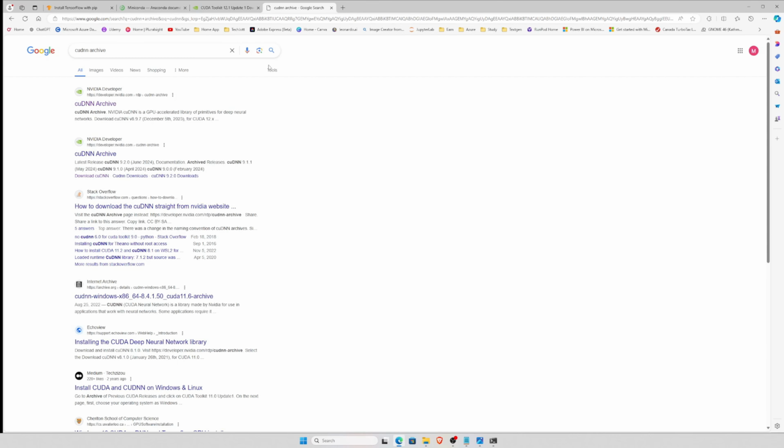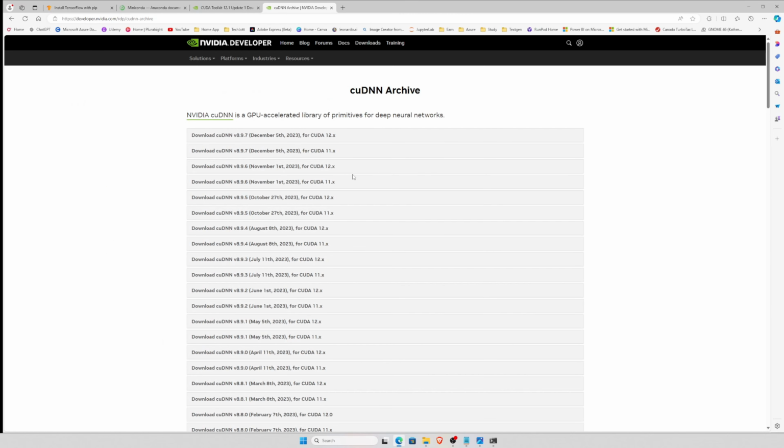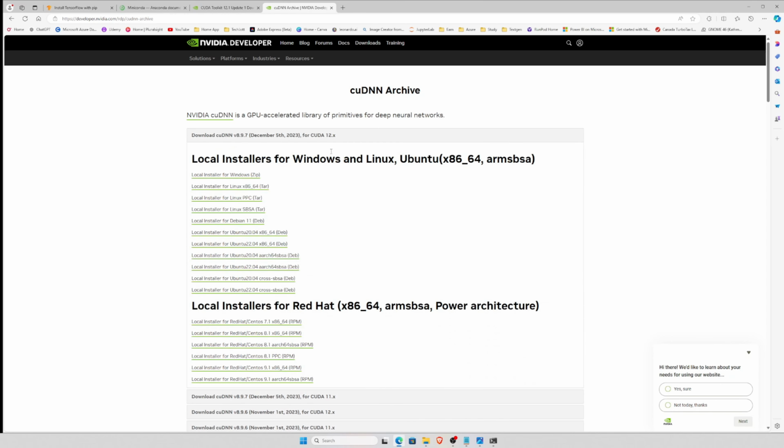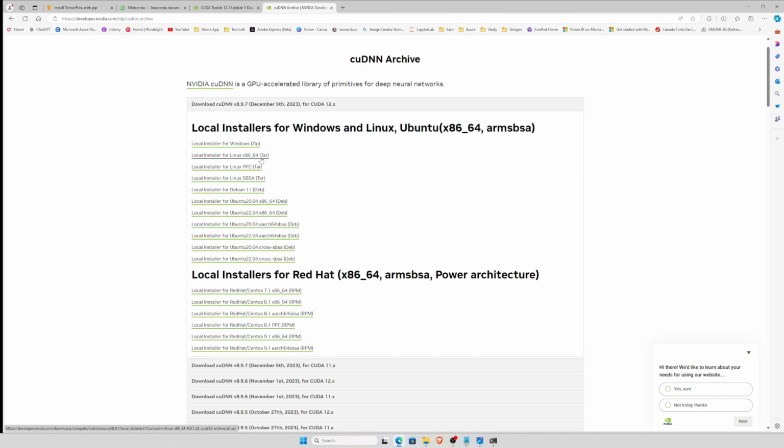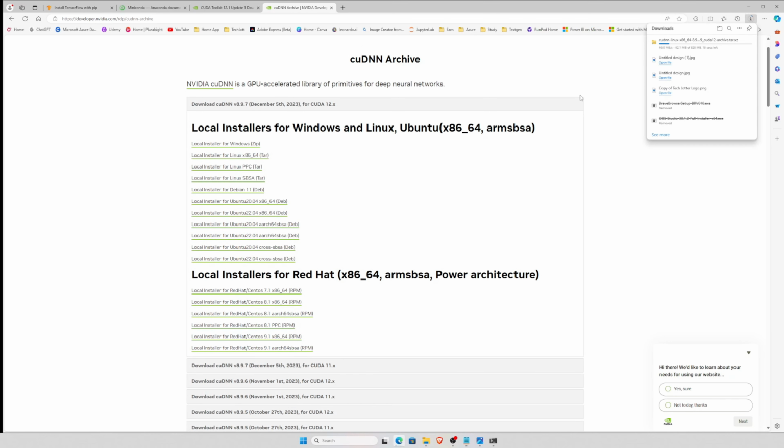archive. Let's go to the cuDNN archive, and here you can see the latest one is 8.9.7, and it's for CUDA 12.x. So it'll support all the 12 versions, from 12.1, 2, 3, 4, 5, everything. That's good for us. We will download this version. We'll download the tar version. Here is the tar file. We'll download this one, and now it is downloading in my